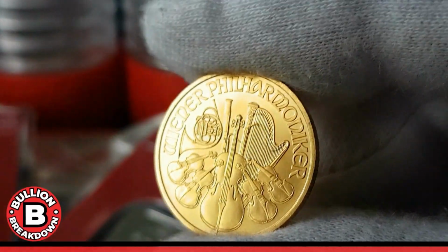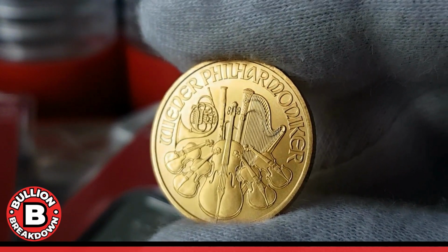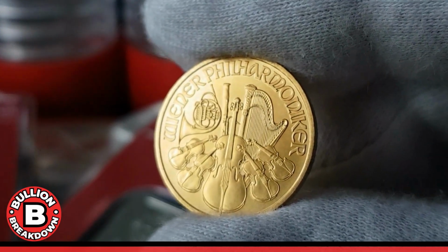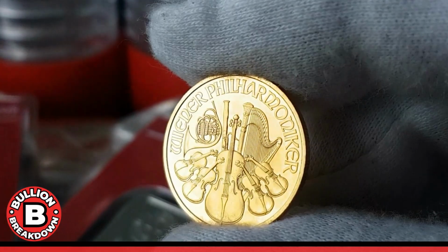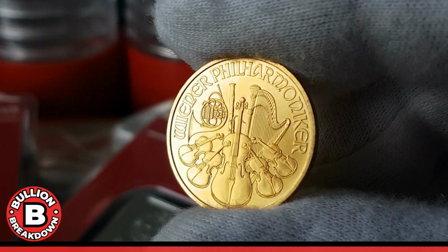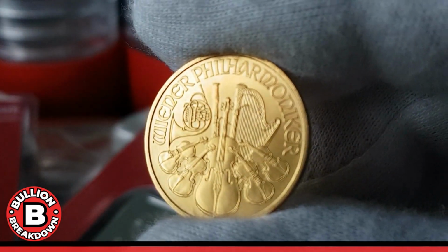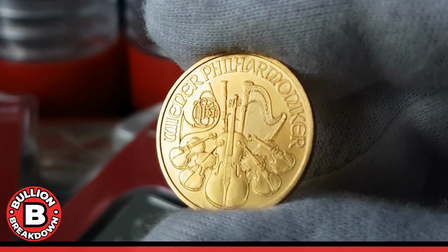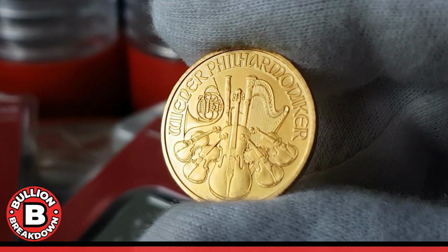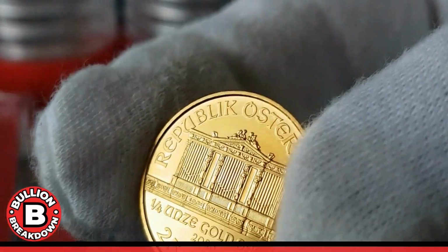I've been waiting a few years to get my hands on an Austrian piece here. I've bluffed a purchase or two on the 1 ounce, and I ended up buying something else every time I was in the shop. And then I've done that a few times here on quarters as well. I even looked at a half once, and I ended up buying other stuff. So this is something I've always wanted, but I never prioritized. And now I can say I have a really nice 1/4 ounce Philharmonic 2023, like I said, and just a